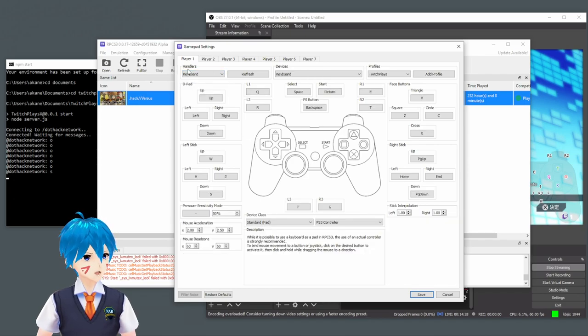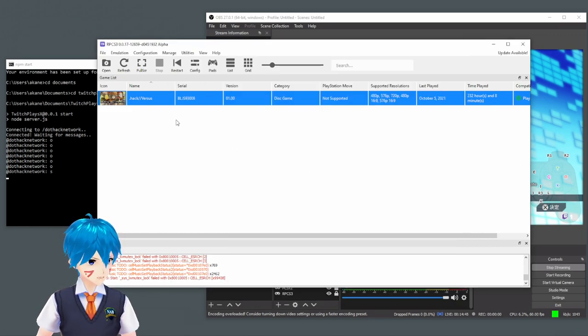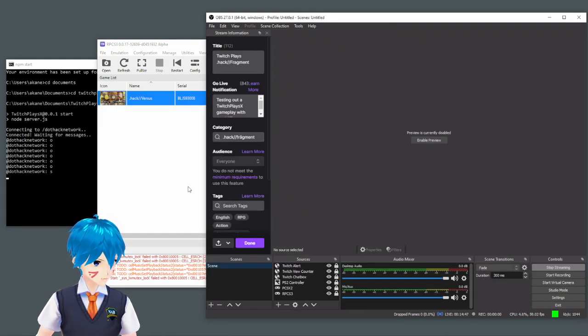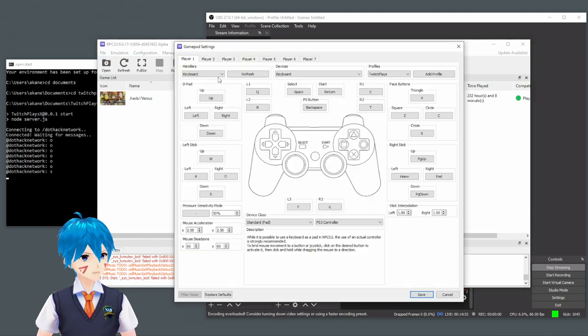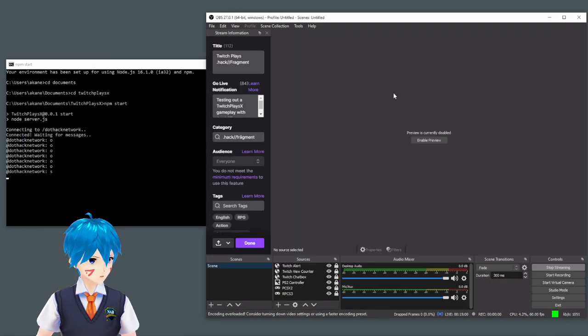Maybe that was why. So if you go to keyboards as your player one controller, you can assign every button on the controller to whatever button you want on the keyboard, and then that will interpret it into your keyhandler.js. And then you would hit save, and the game should be playing off of that instead. So that's how you do it for RPCS3. You go to pads, make sure it's set for keyboard, set your keys, hit save, and it will be reading that. And then what happens in Node.js will go into